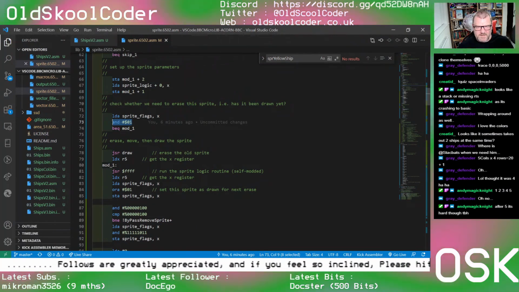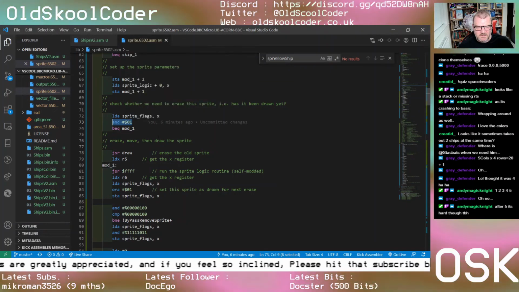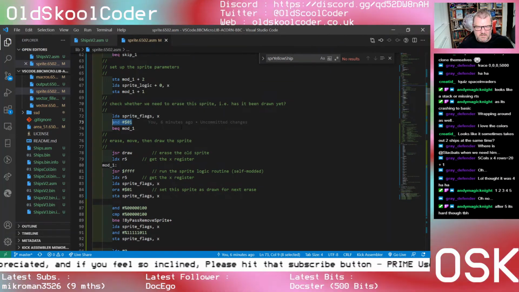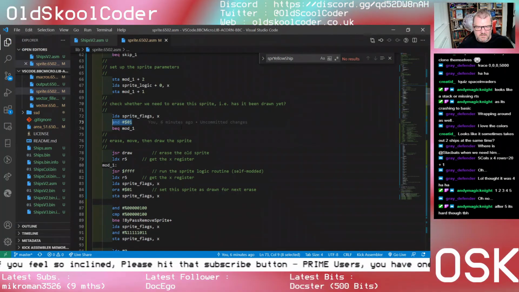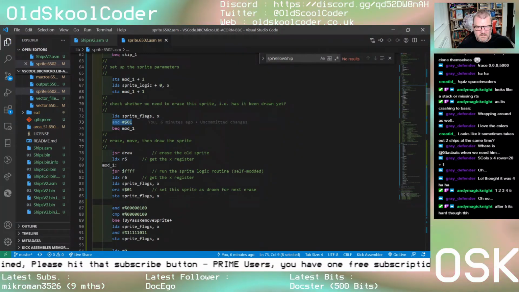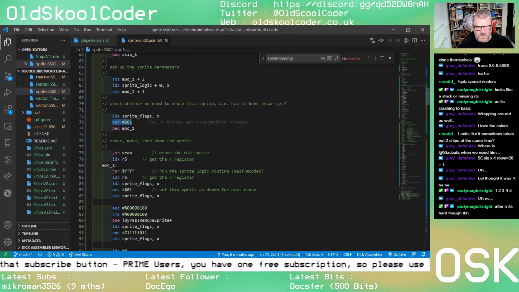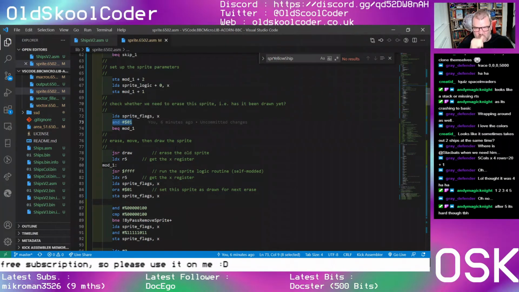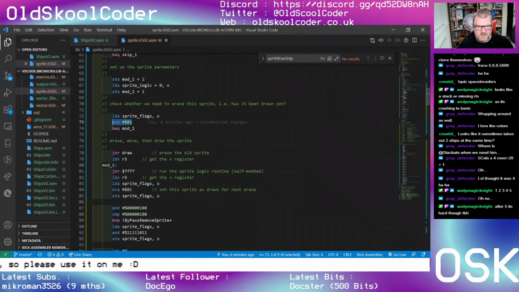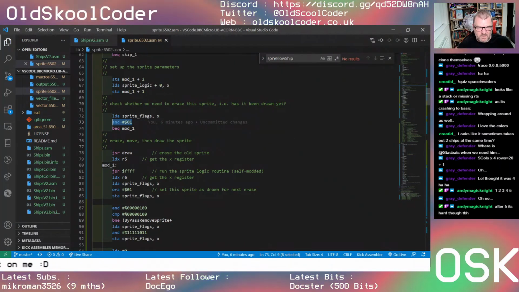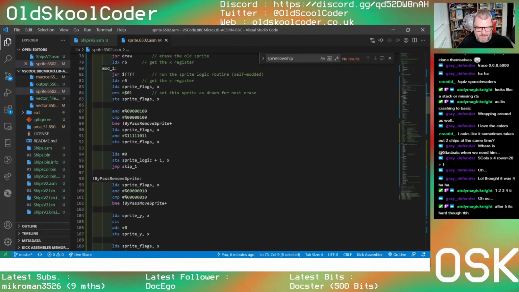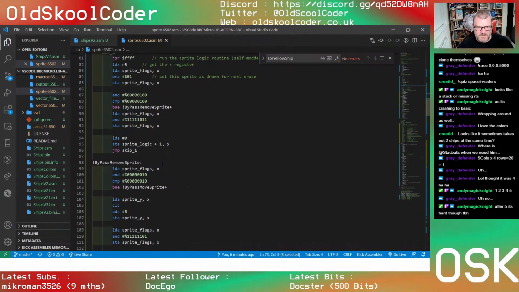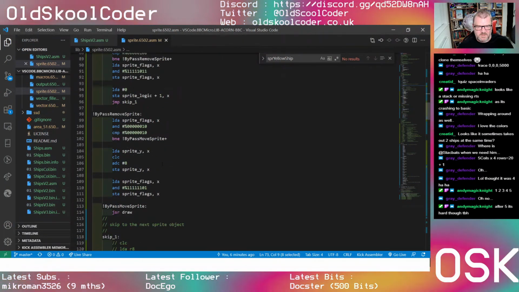If bit 1 is set, branch if equal to 1, then it jumps past it. And I bet that's set to 0. So what we need to do is, we don't need to erase it first. Yeah, we just need to